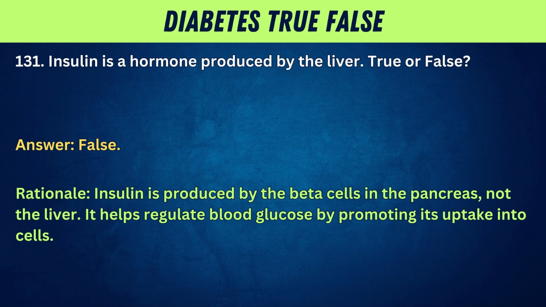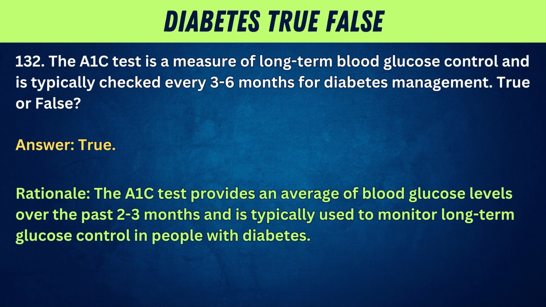True or false? Answer: false. Rationale: insulin is produced by the beta cells in the pancreas, not the liver. It helps regulate blood glucose by promoting its uptake into cells. 132. The A1C test is a measure of long-term blood glucose control and is typically checked every 3 to 6